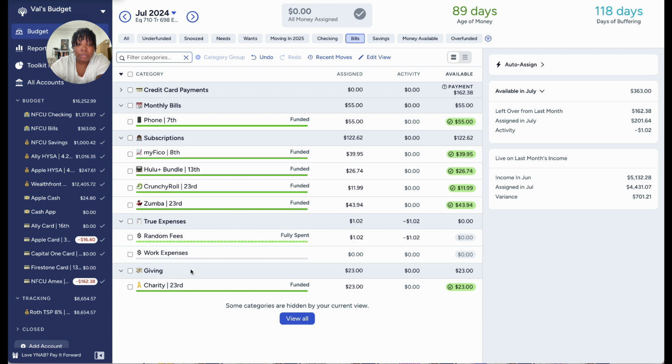So they're basically like they need to be funded. These categories have to be funded. They're needs. So that's what this view is for. And so I know that the total amount assigned for this month, this 363, needs to match this bills account at the beginning of the month